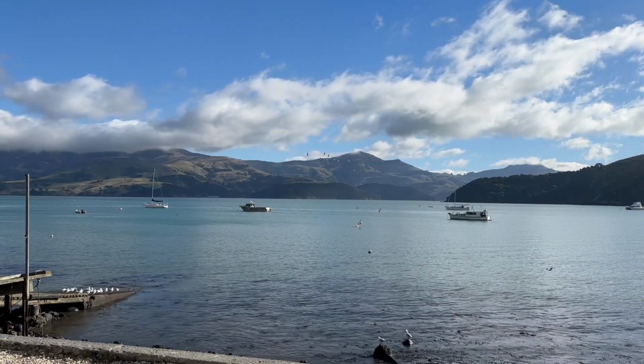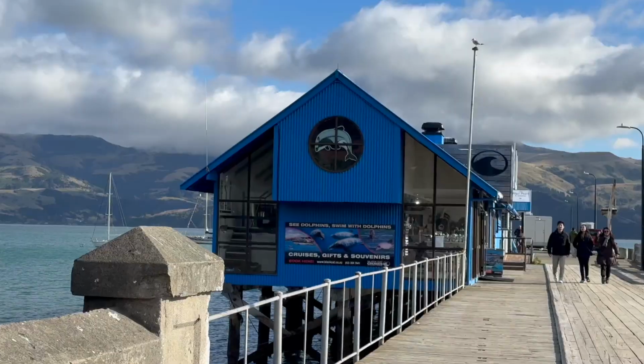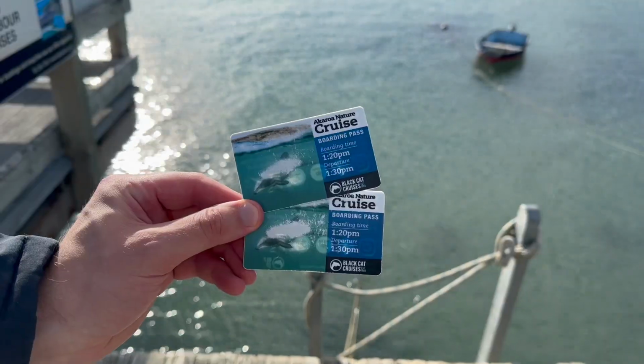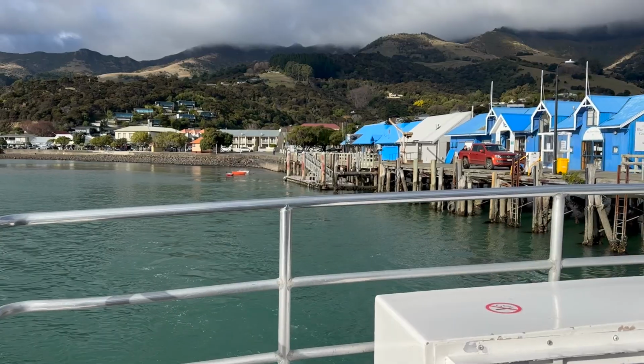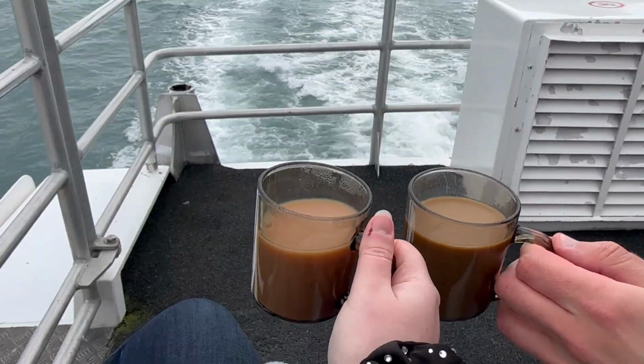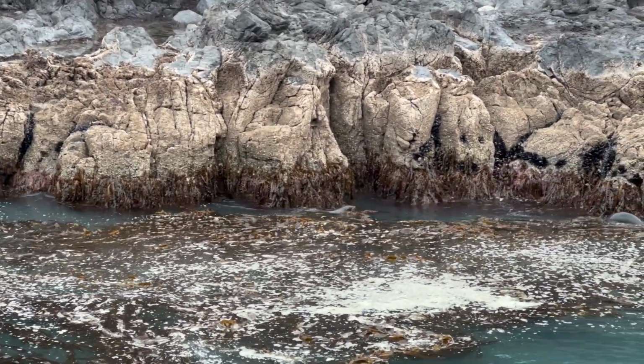Your final stop of the day is Akaroa. This is the most beautiful town in Christchurch. You can start exploring this area by taking a boat tour of the harbour. You get to see stunning views of the ocean, mountains and also wildlife. Whilst this isn't guaranteed, it's very common to see a variety of different sea life, including seals, penguins, whales, orcas